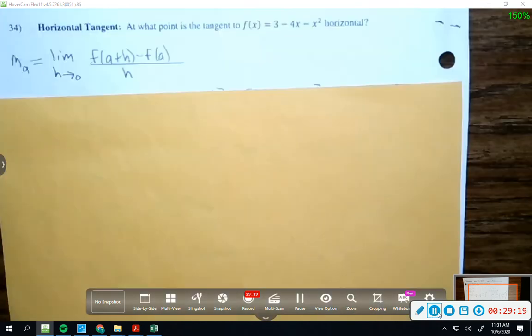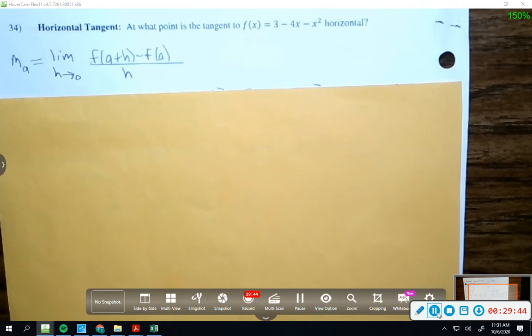Last problem, then we'll be done with this worksheet. At what points is the tangent horizontal? If we have a horizontal tangent line, that means that the slope of the tangent line is 0. Well, I got to find out what the slope is at any value of a, and then I can set that equal to 0. So what is the slope generator for any value of x